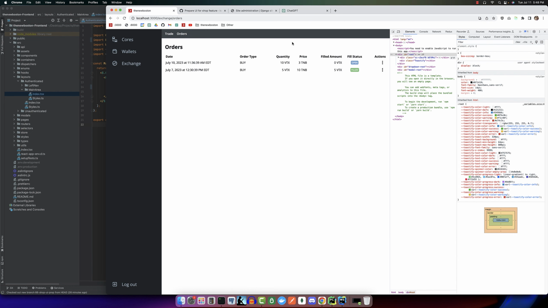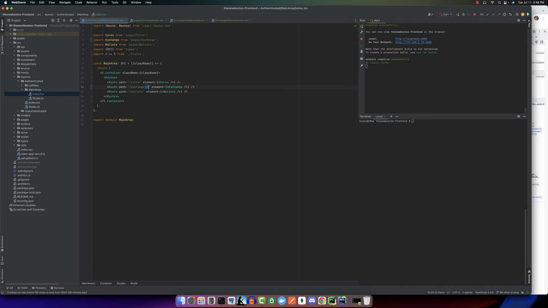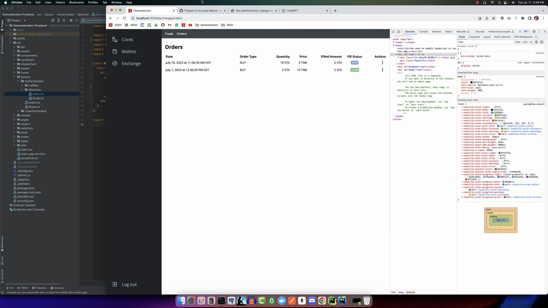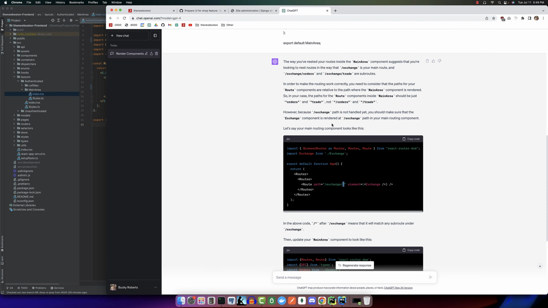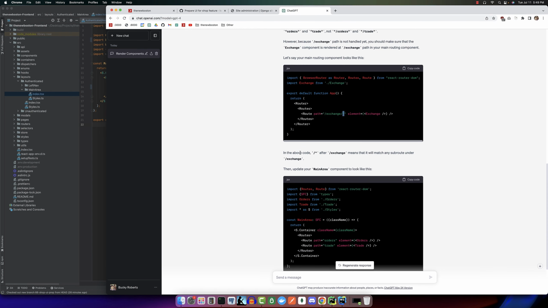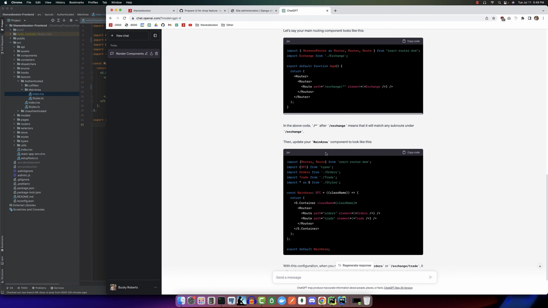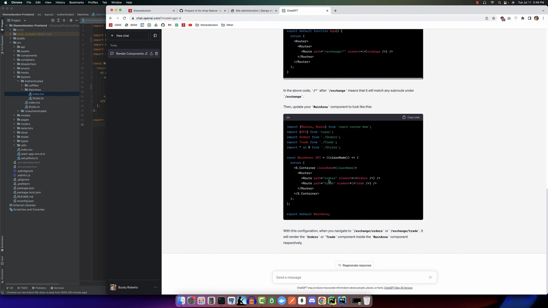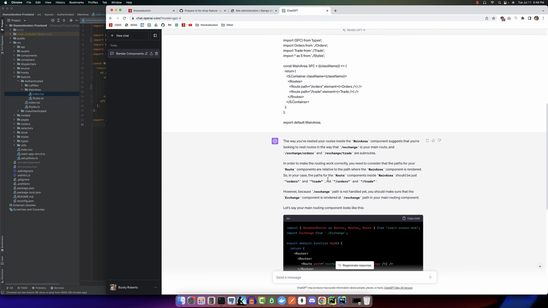Okay, looking nice. Actually, yeah, so it's not just the exchange path, but exchange and anything after it. So I'm actually going to have to change this as well to trade. Okay. Change this, and then the star means any subroute nested under, which is what I want. This and this is good. And then,